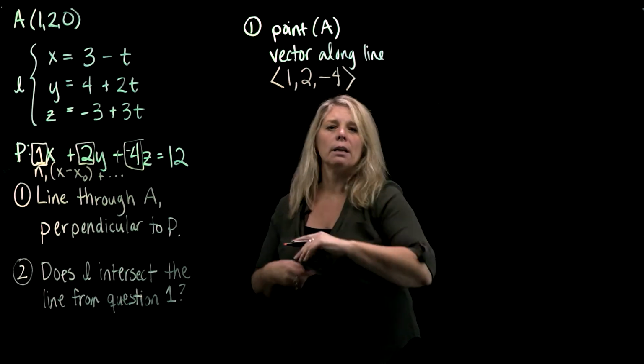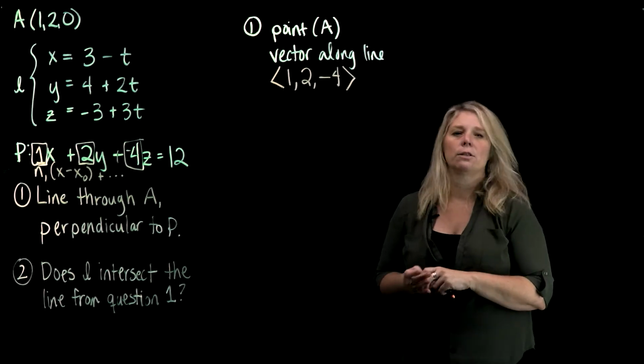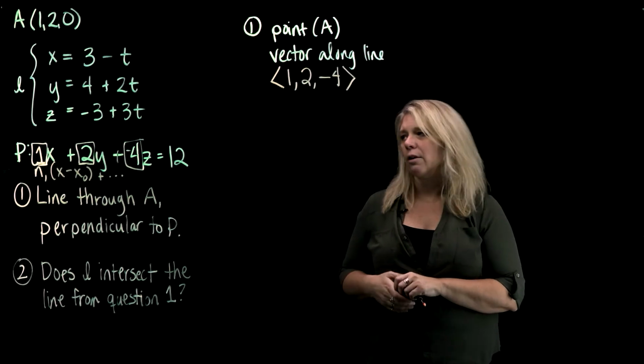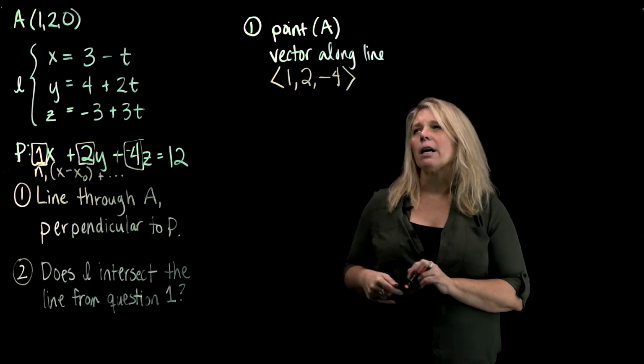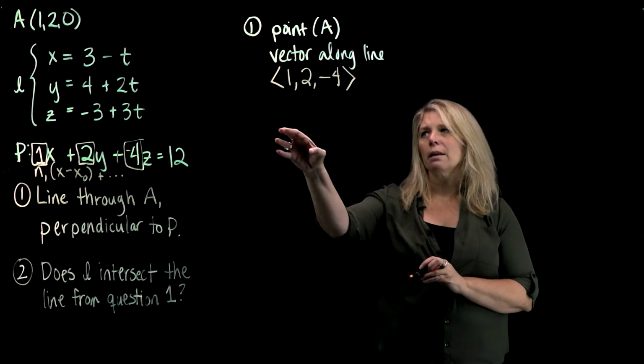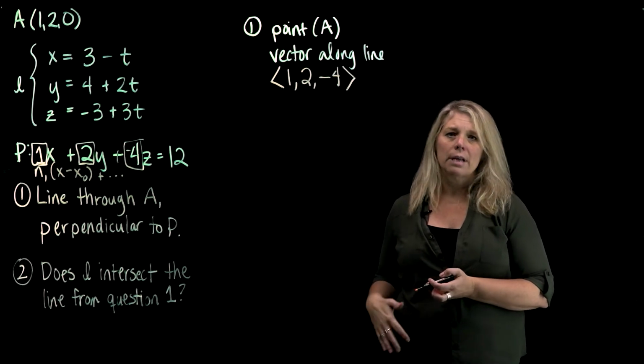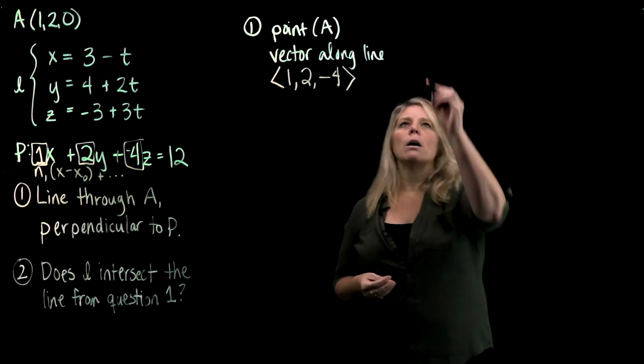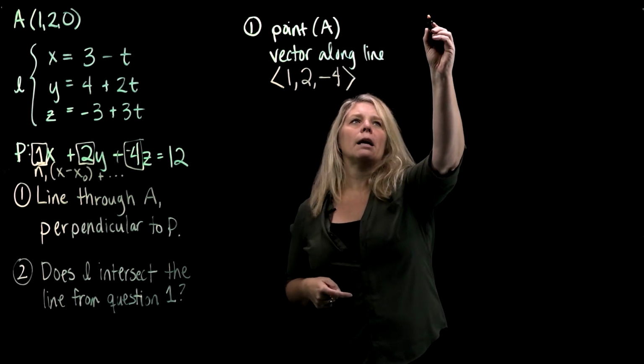I'm not really doing a lot of math calculations. It's just a matter of recognizing what this equation is and what those values represent. All right, so this is a vector along the line. We've got a point on the line, a vector along the line, and we can use that to write parametric equations for a line. All right, so I'll just write that over here, similar to how that is given over